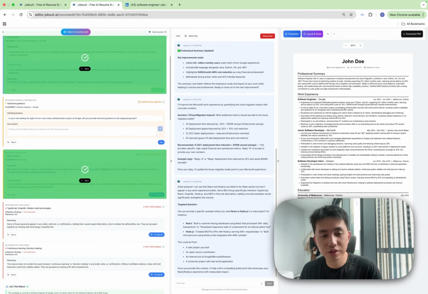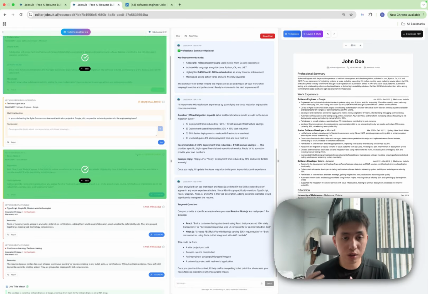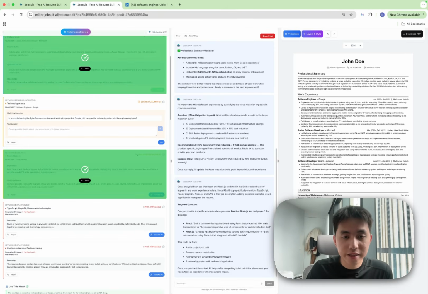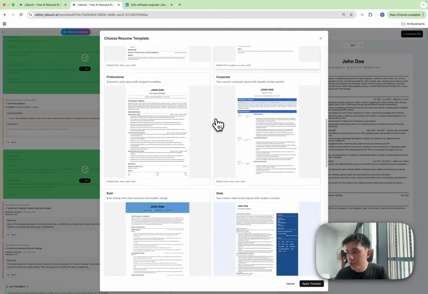If you have any questions, you can always just let us know again, and we're happy to help. But other than that, the reason why this is very important is that we're really aligning your resume to exactly what the recruiters are looking for to really boost your chances of landing that interview as much as possible. Yeah. Now, other than that, to finish off the tutorial, you could also check out other templates here like before,